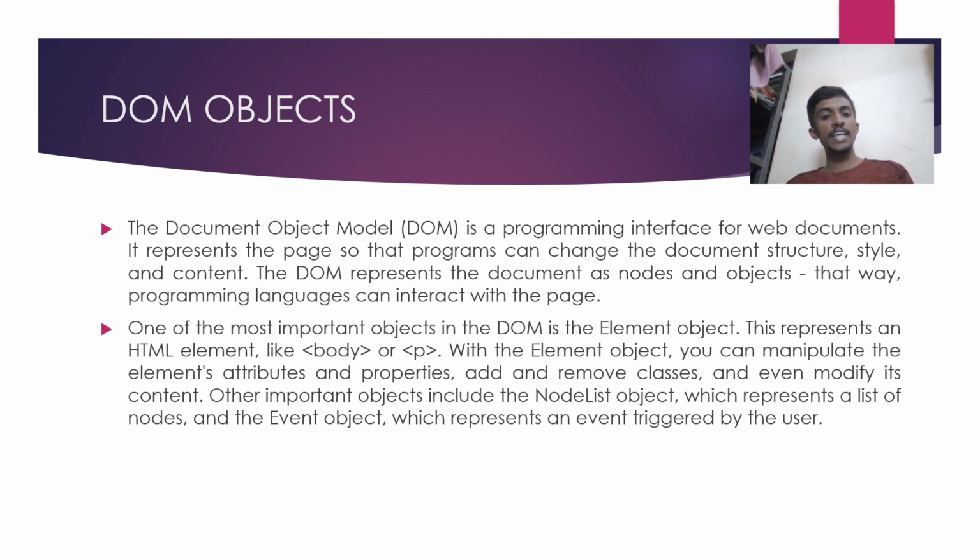This represents an HTML element like body or paragraph. With the element object, you can manipulate the element's attributes and properties, add and remove classes, and even modify its content. Other important objects include the NodeList object, which represents a list of nodes, and the event object, which represents an event triggered by the user. So all the